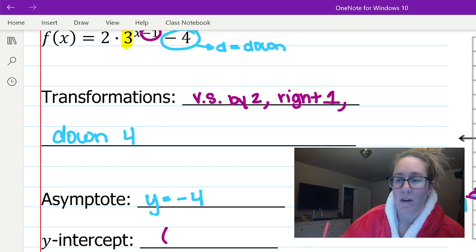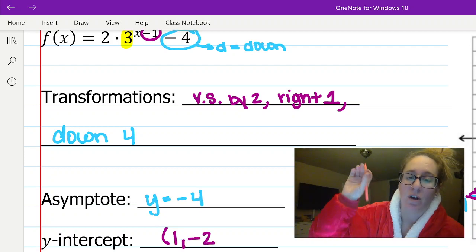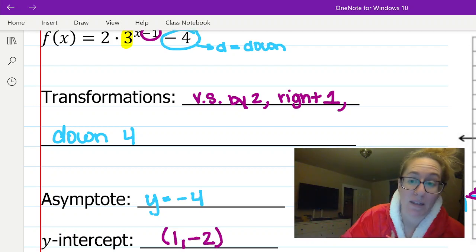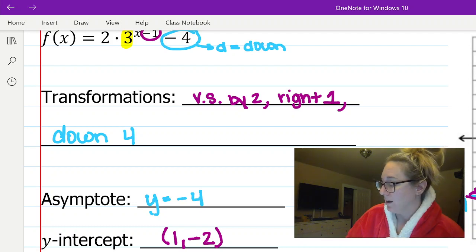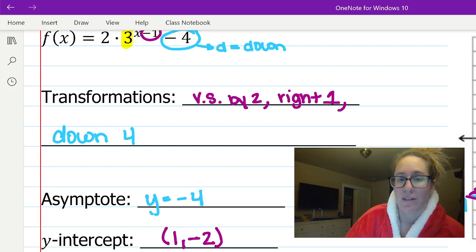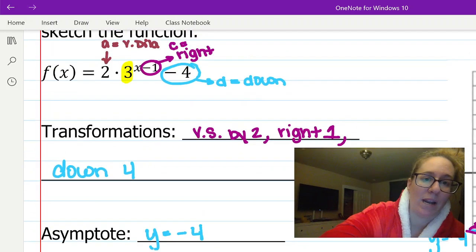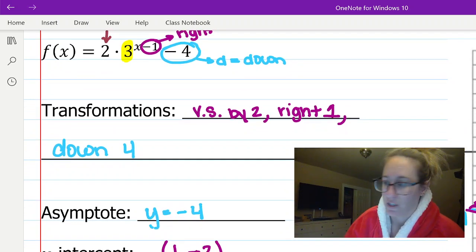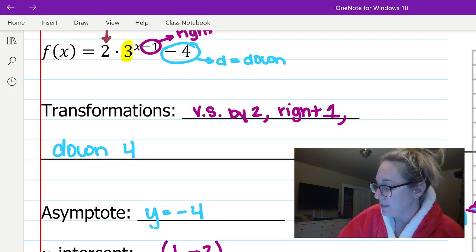All right, that was where that original point (0, 1) ended up. And that's the point that I want you guys to find. Now I told you guys I would show you how to do this algebraically, and I am going to right now. So if you didn't like doing transformation rules just then, what you need to do is